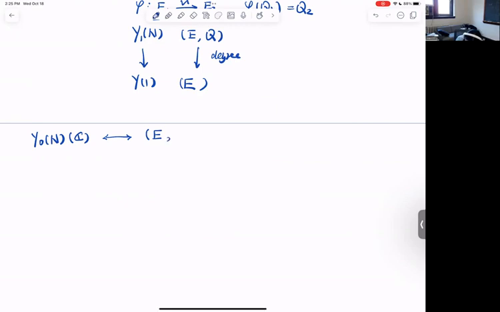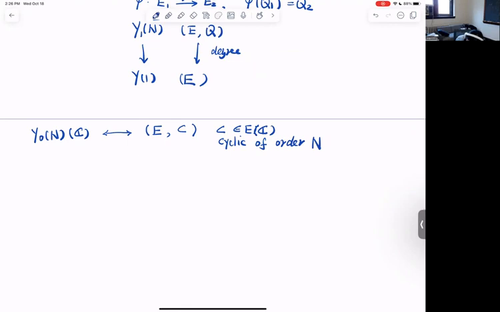One way is a pair (E, C), where C inside E is a cyclic subgroup of order N. And then the equivalence is given by (E1, C1) being equivalent to (E2, C2)